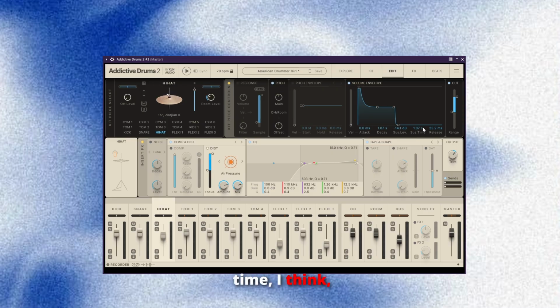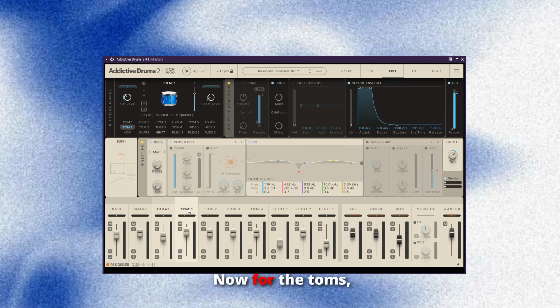For the sustain time, I think we don't need that much. Just gradual and a bit more release. And we can also mess with the decay. Reduce the kick volume. Now for the toms, I tend to keep it just like the kicks,